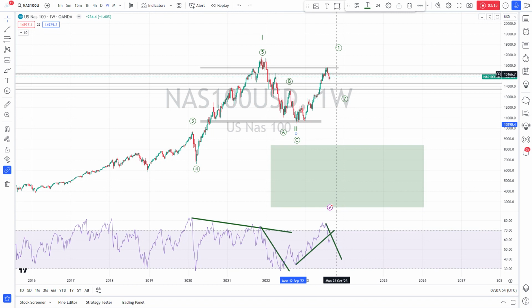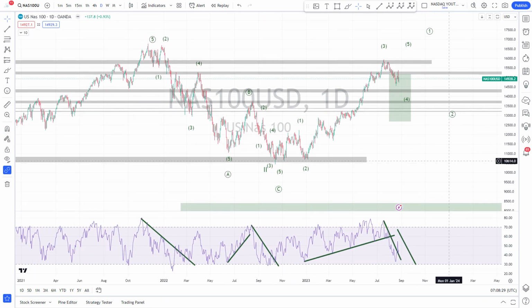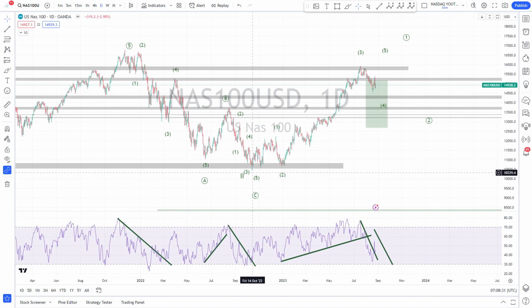This would really be the trap in the Nasdaq, as I call it. Everybody expecting more upside. It also looks good for the moment. It really looks like an impulse, but it can be a trap. Like as a wave B, then it would be 1, 2, like A, B, C up, and so this is what we see here on the daily. So this is the wave 2 low here.